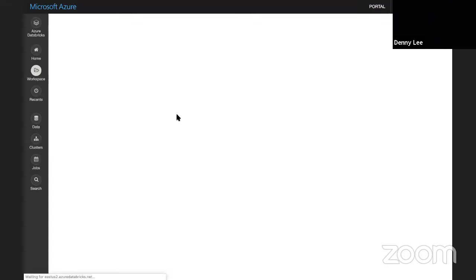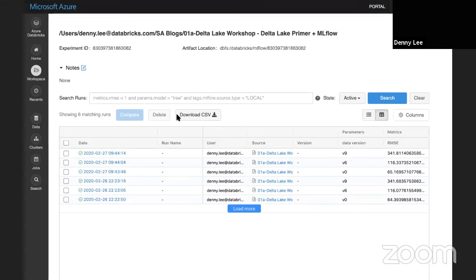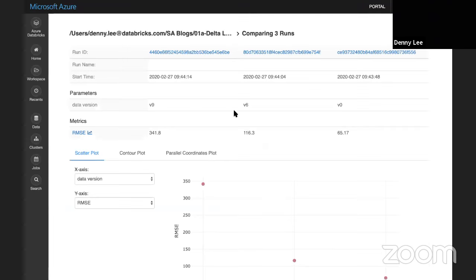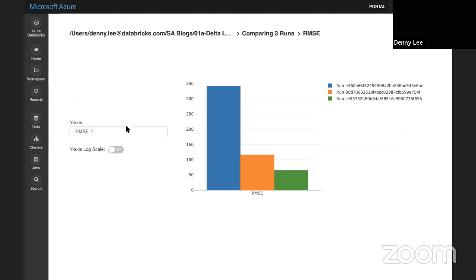And so let me go ahead and click on MLflow and open up the window here, okay? And by the way, even though I'm running this all on Databricks, this is actually all open source technologies I'm talking about. I just happen to be showing this on Databricks, but this is all open source stuff. Okay, so if I want to do a comparison, I can just compare those 3 different runs, version 9, 6, and 0, and you can tell that basically the RMSE is much better with V0 versus V6 and V9. You can also visualize it right here, RMSE, to see the different runs.